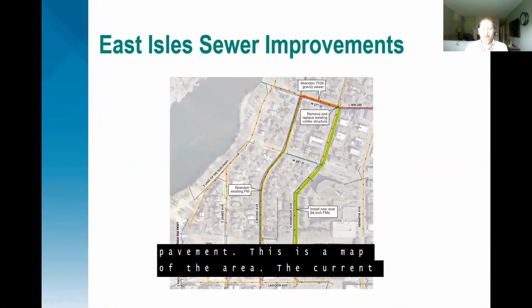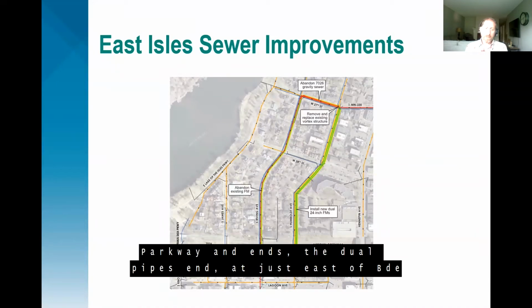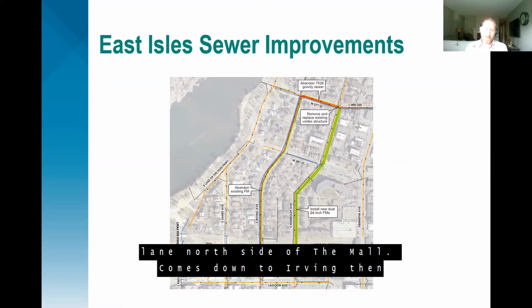So this is a map of the area. The current alignment of the force main comes through the channel, comes up to Bedeh-McCoska Parkway, and the dual pipes end just east of Bedeh-McCoska Parkway on the mall. And then the existing old pipe is a concrete pipe that goes down the mall in the westbound lane, north side of the mall, comes down to Irving, then goes north along Irving on the east side of the road,